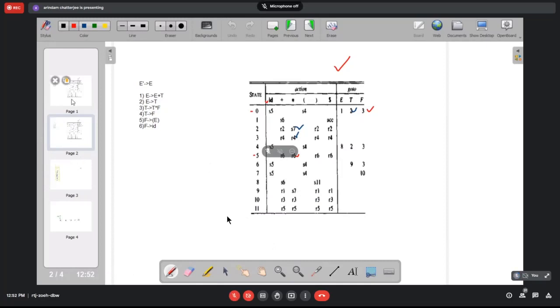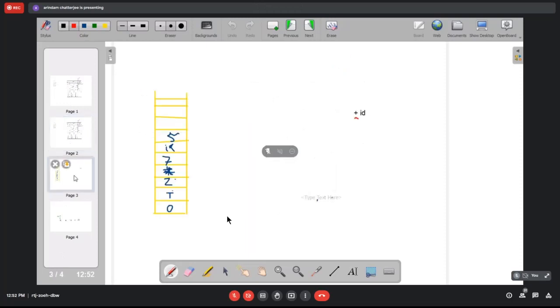R6 is F producing ID. This is the reduction we have to make. The input pointer is still at plus. We have to pop 2 symbols from the stack top. Both 5 and ID are removed. And we have to push an F here.